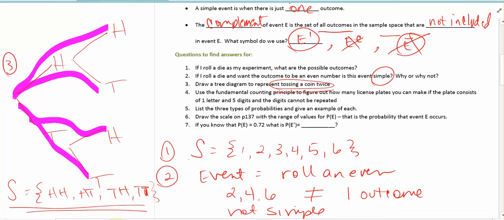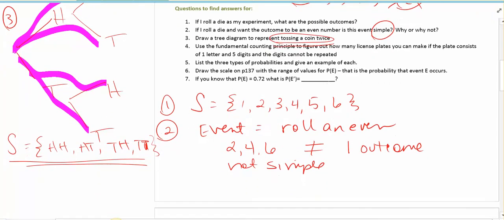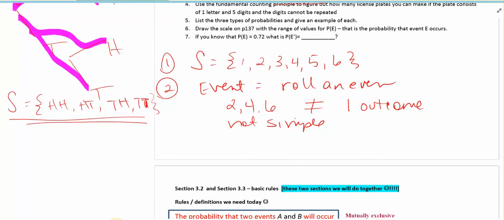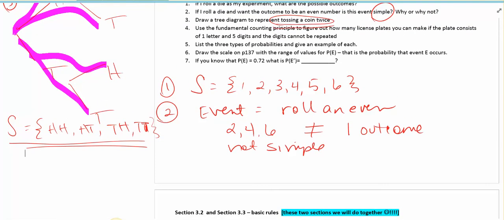All right, number 4 says use the fundamental counting principle, and nowhere in here have we talked about what the fundamental counting principle is. So the fundamental counting principle can be found in your book. You might want to look that up. But it does this. It takes everything into consideration and just multiplies it all together to figure out how many different